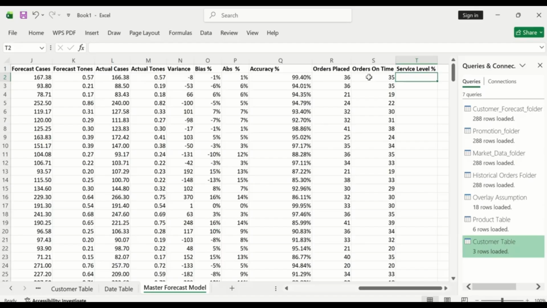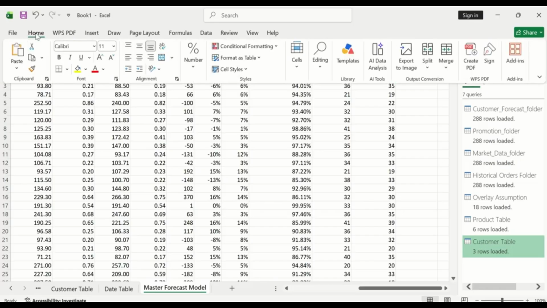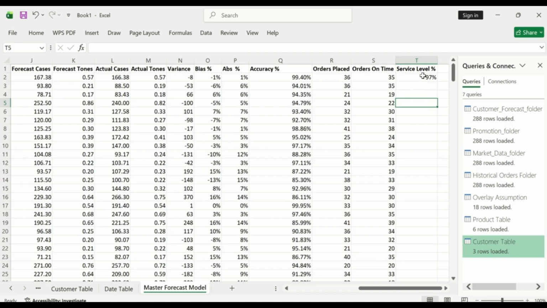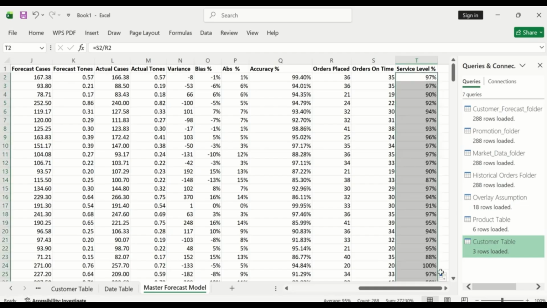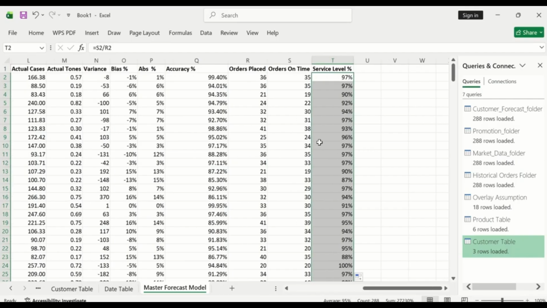So just write equal, we divide that with this, and then we change it into percentage so that we calculate the service level. So we have the service level of each and every